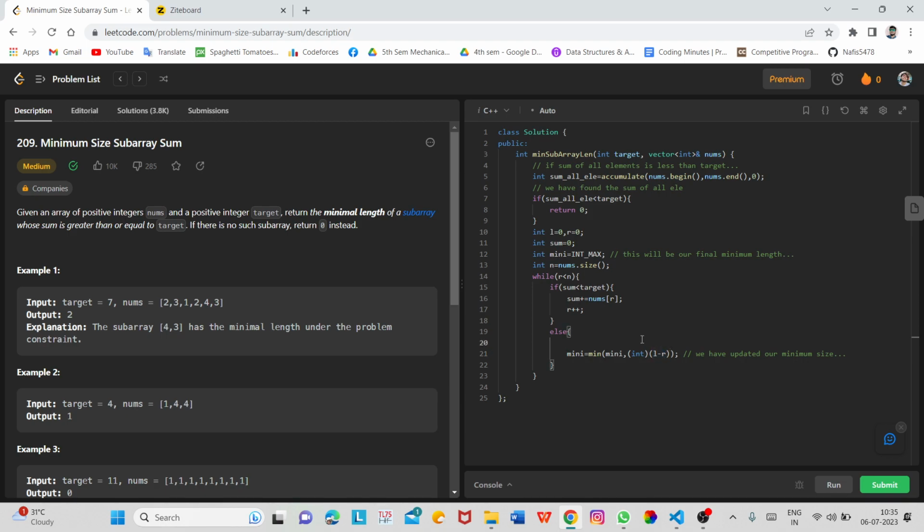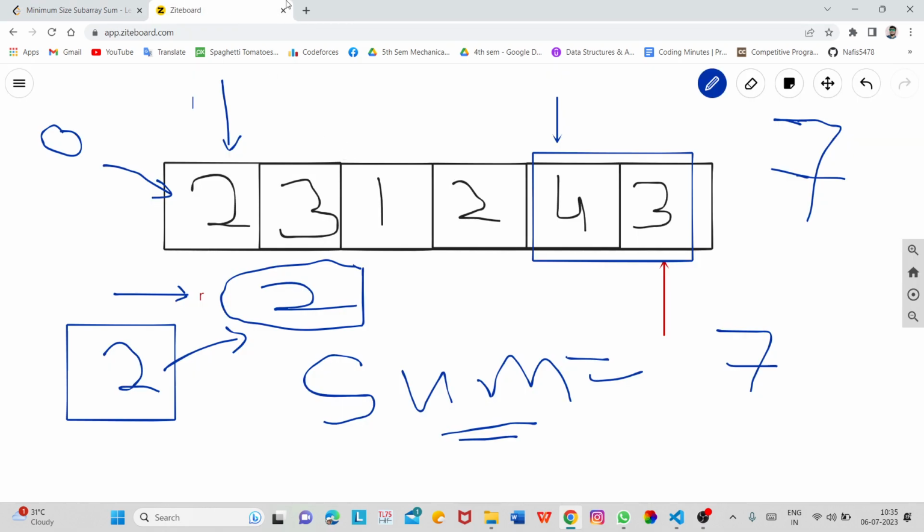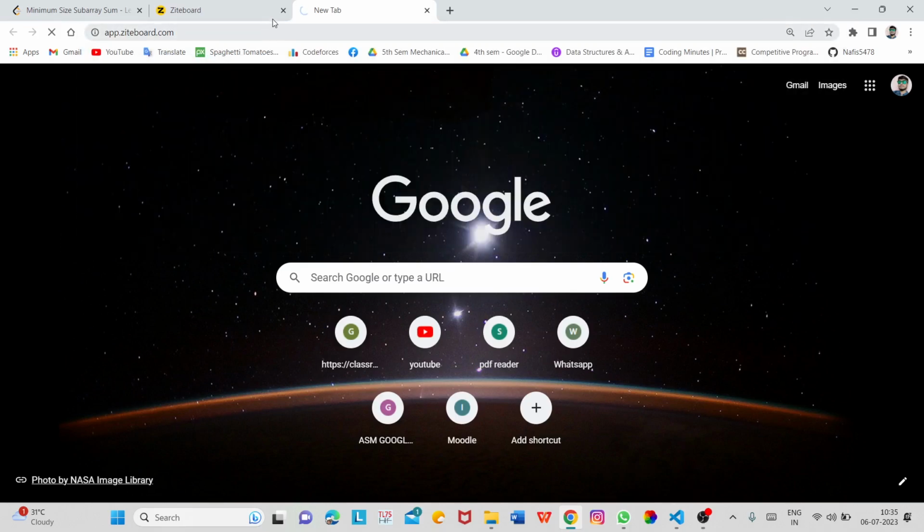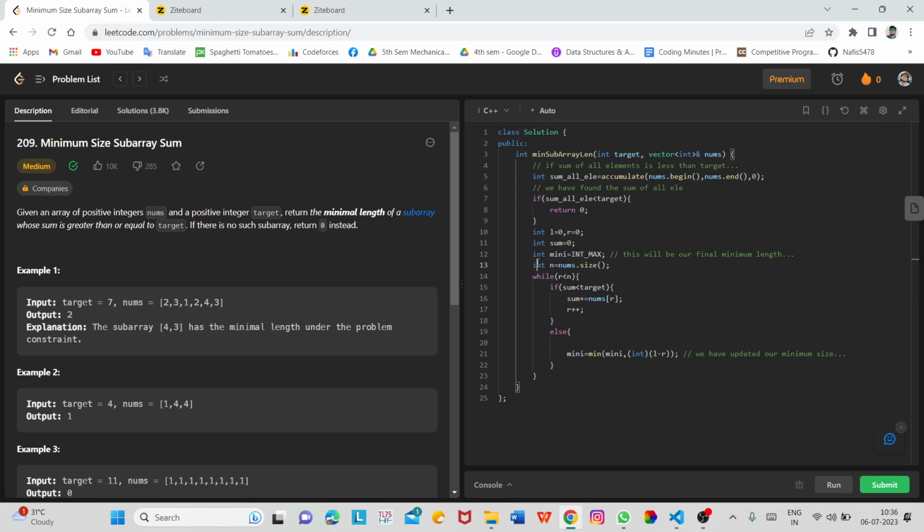You can see that whenever the sum is less than target, I am increasing it. Let me explain it again. So 2, 3, 1, 2, 4 and 3. Let us see the case when L was at 0 and R was at 4.